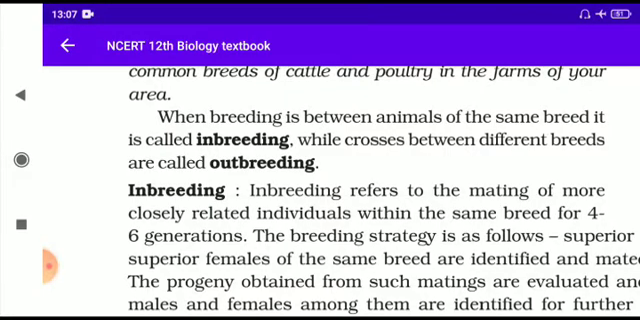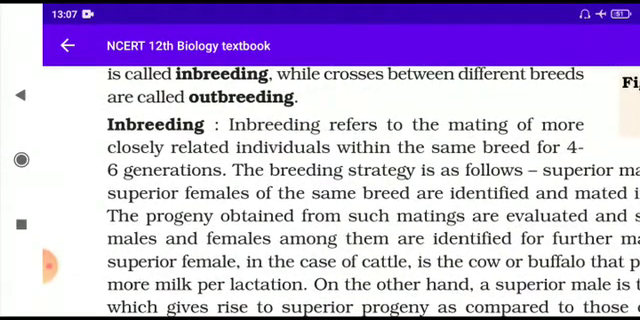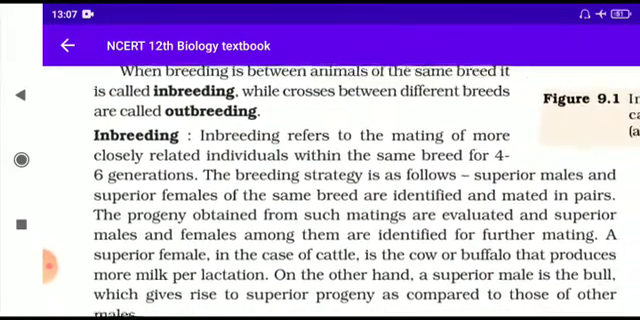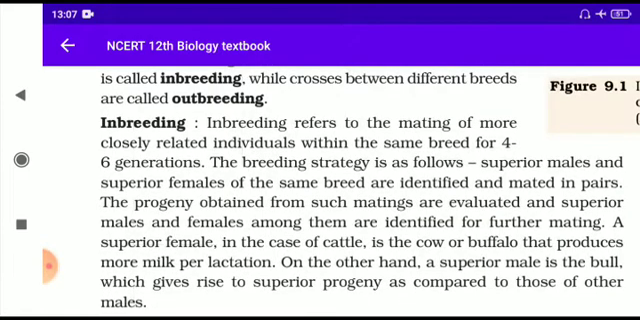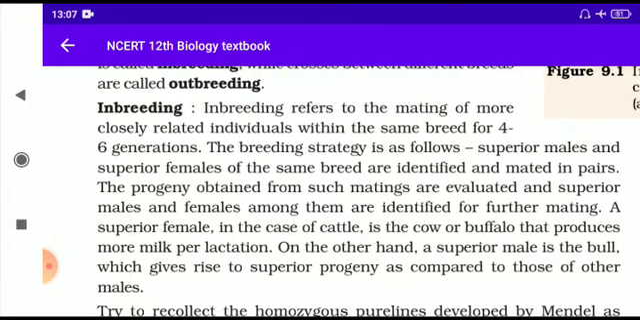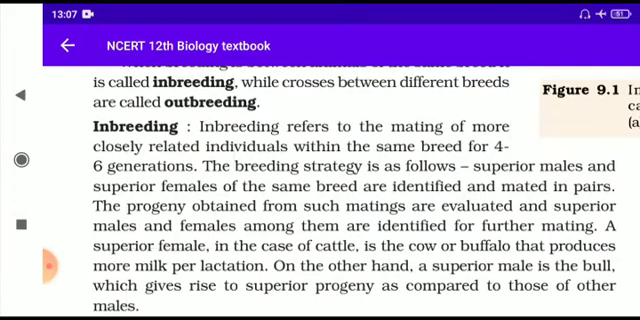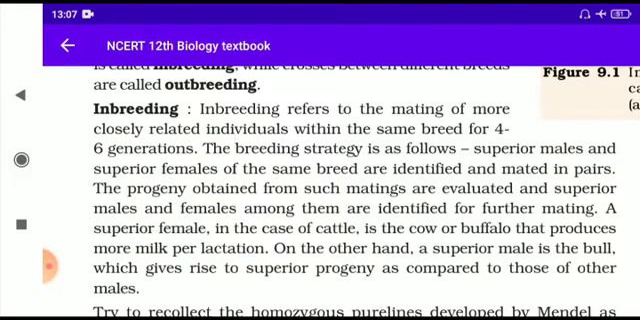That is called outbreeding. So inbreeding refers to the mating of more closely related individuals within the same breed for 4 to 6 generations. The breeding strategy is as follows. Superior males and superior females of the same breed are identified and mated in pairs. So in case of inbreeding, first of all, breeders have to choose superior males and superior females. That means very active males and active females of the same breed are identified and mated in pairs. The progeny, that means the offspring obtained from such mating, are evaluated, and superior males and females among them